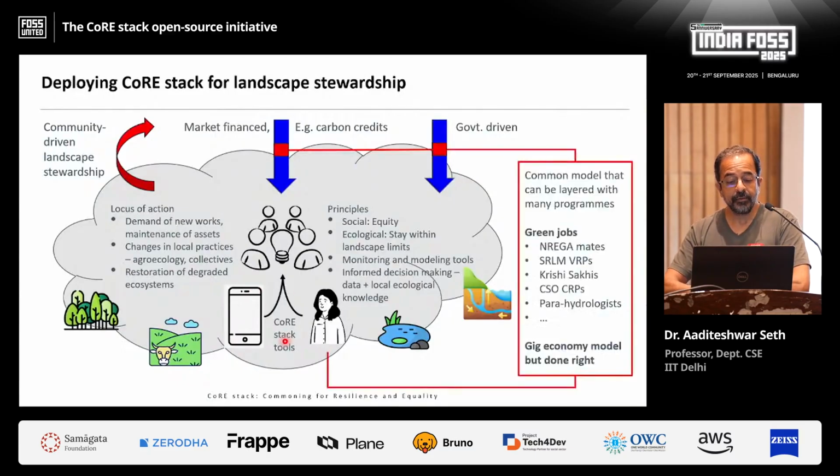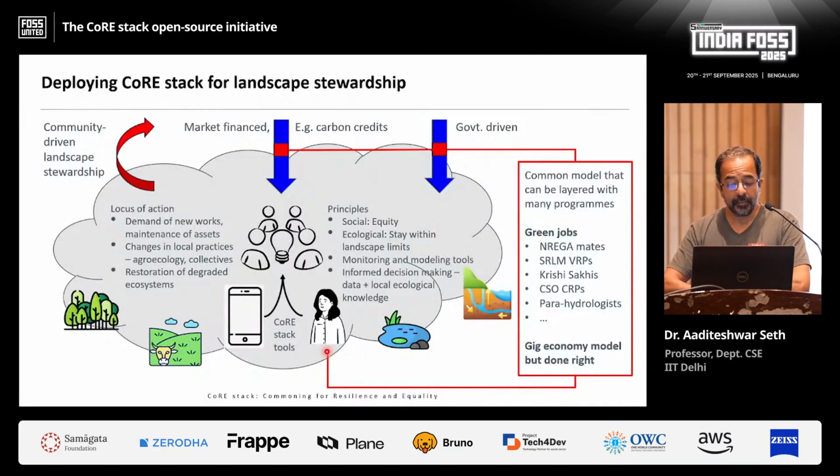These can be funded through schemes like NREGA or even through carbon credits. But how do we fund these stewards? So we are trying to conceive of a model where some fraction of this can pay for a reasonable income for these community stewards.